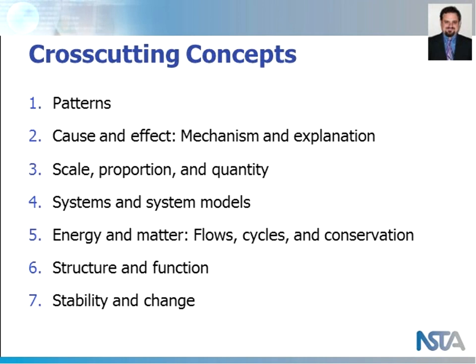So for example, cross-cutting concepts are a second dimension of these three that tie into particular ideas that cut across all of the scientific disciplines. It's not just physics or chemistry or biology, but certain things like patterns or systems and systems models, stability and change. These are ideas that are applicable to all scientific endeavors.